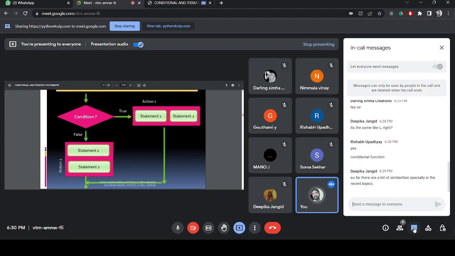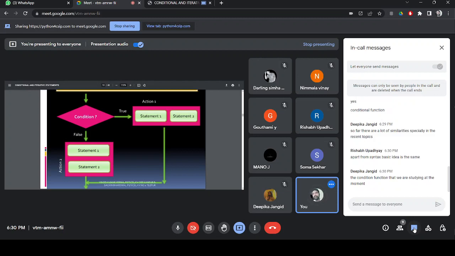Recent topics are having similarities. Rishabh, also I didn't get what you mean? Syntax basic idea is the same. Yeah, yes, you are right, Deepika.